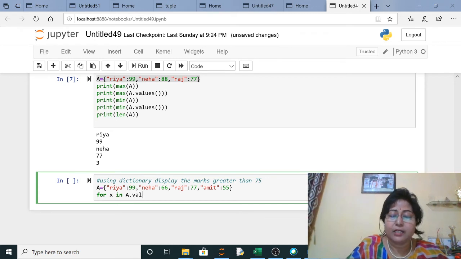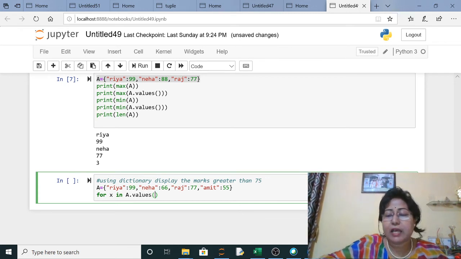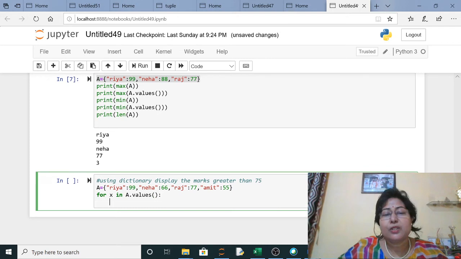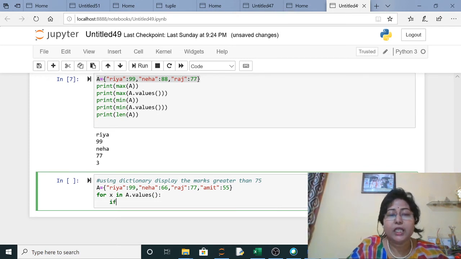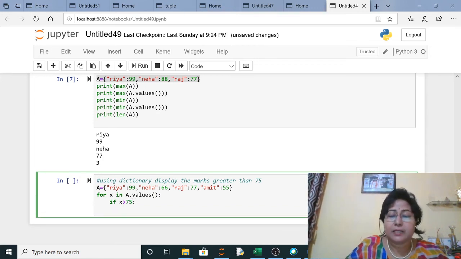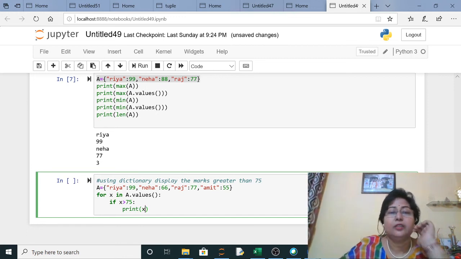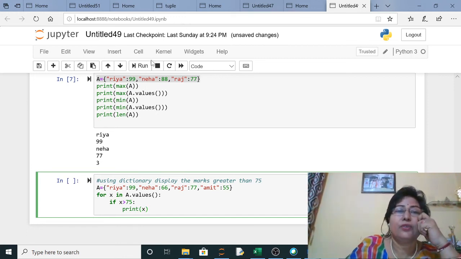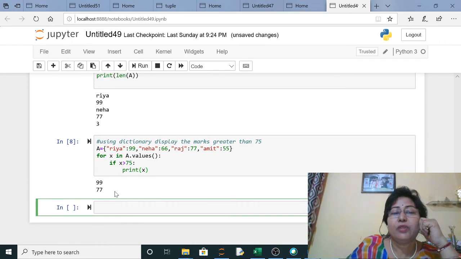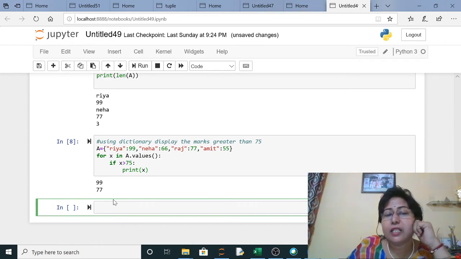If you don't mention values here, it will take the keys. So a dot values. Now we will check here: if x is greater than 75, then print x. So using a dictionary we are doing it. When you run this program, it will display the marks which are greater than 75.